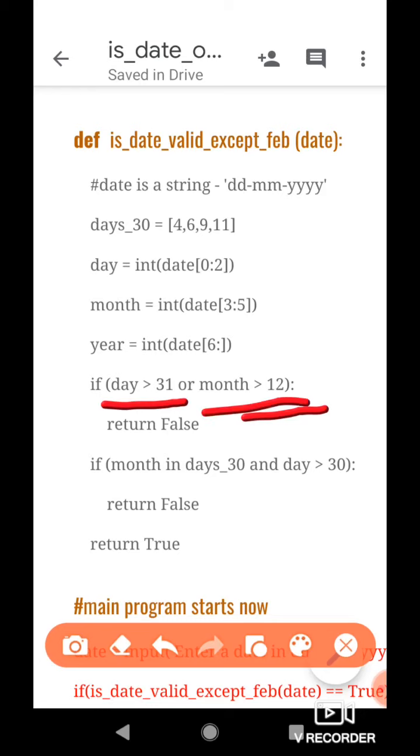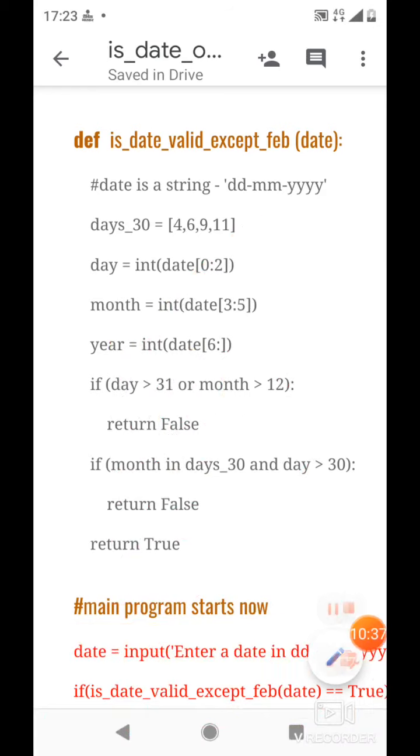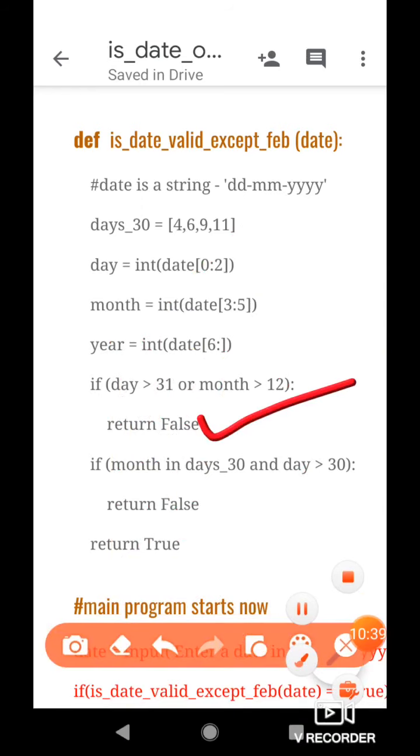So if the month is given as more than 12, then it is clearly an invalid date. We are using the logical operator OR here because if any of these two conditions is true, whether the day is more than 31 or the month is more than 12, then we will say that the date provided by the user is invalid and we will return False.